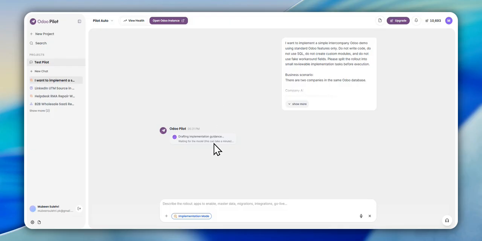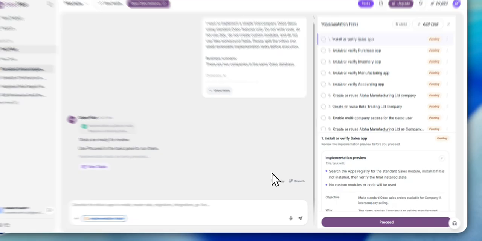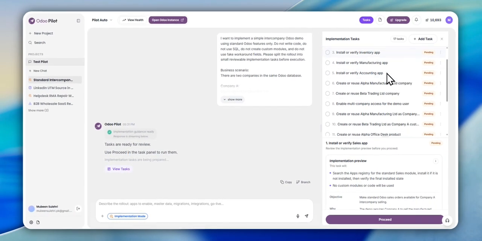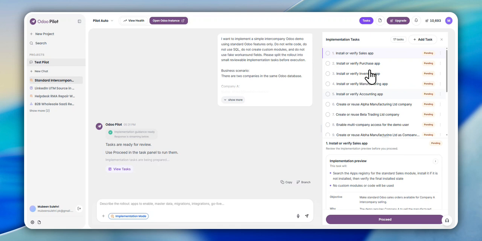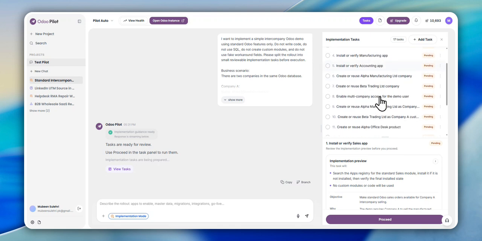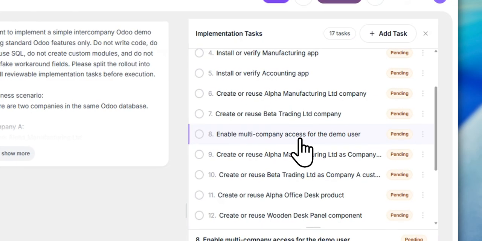Autopilot is drafting our prompt and creates all the tasks in a very structured manner. Here we have all the tasks that Autopilot created as per our prompt. As I have described, we have these apps which we are using in Odoo, manufacturing, two companies, and a multi-company scenario.